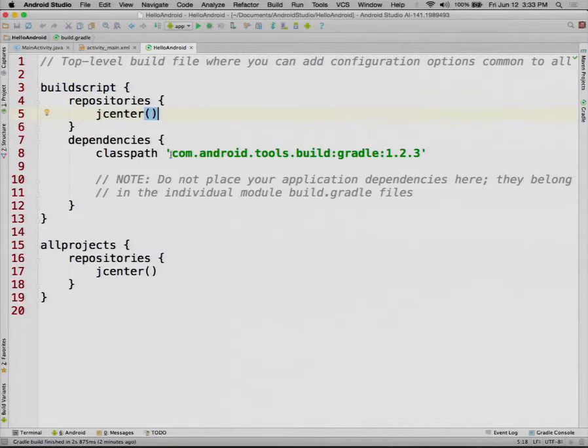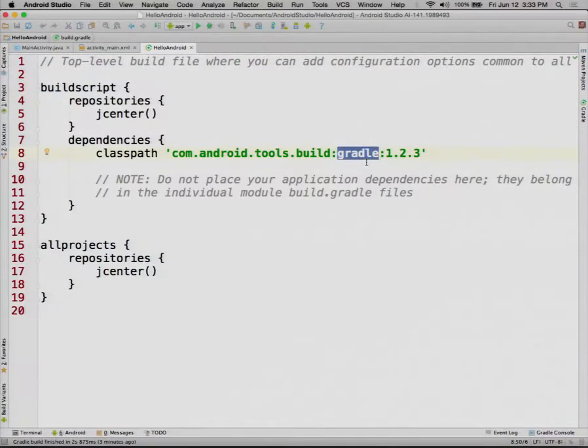The dependency, the group ID is com.android.tools.build. What Maven would call the artifact ID is gradle, and what Gradle would call it is name. And then the version number, the latest one I have is 1.2.3. Android Studio will highlight this and tell you if you have an older version number. It will offer to update it automatically. Now, this is the first thing that I personally have a little quibble with. Shouldn't it be called the Android plugin for Gradle, not the Gradle plugin for Android? But that's because we have people coming at this from both sides.